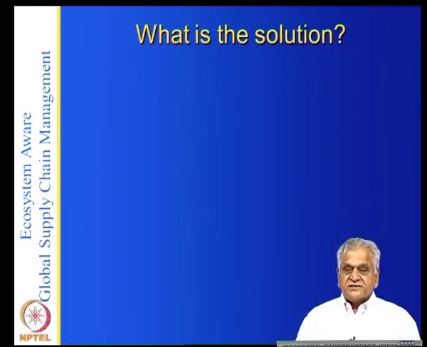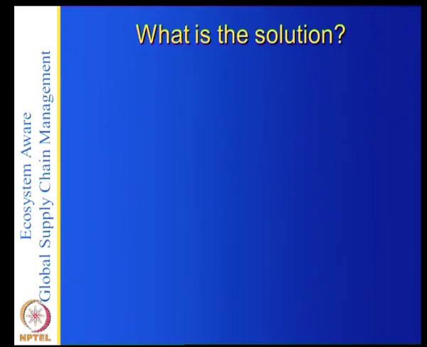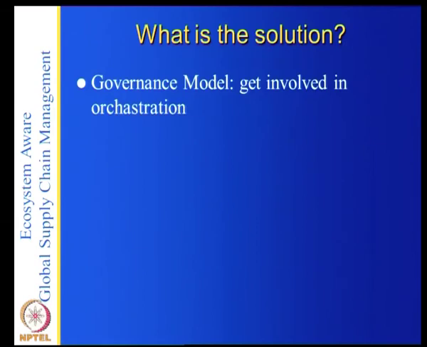But if you are a service provider, for example, a Mandi, which is connecting people, and it has a social purpose, then it could be an advantage. But in the case of somebody who is hollowing out, what is the solution? Governance model, get involved in orchestration. In other words, I was carefully defining what it means in orchestration. It means connecting. It means setting up performance standards. It means execution. It does not mean just give it everything to everybody and then you sit back and relax. So you get involved in the orchestration.